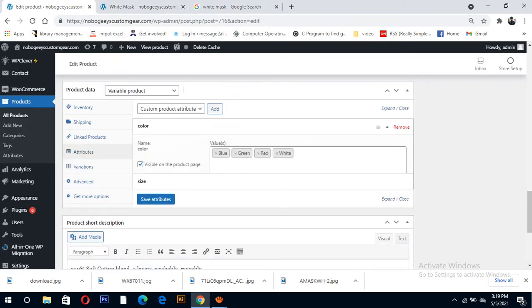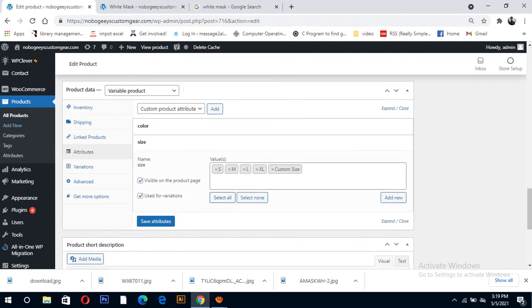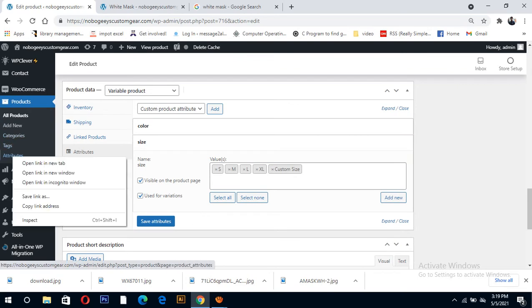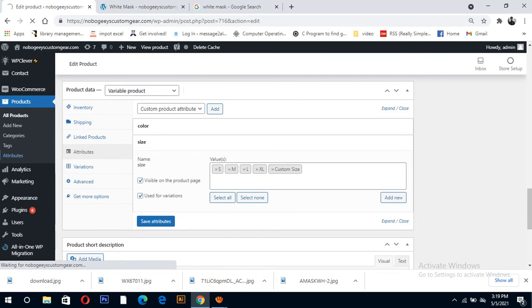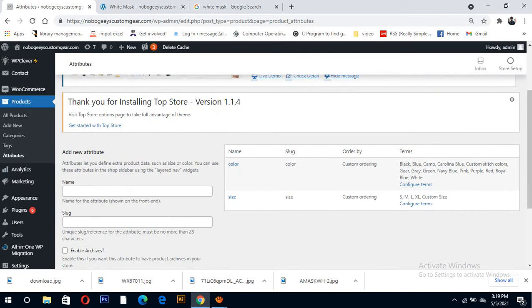And now I can show you how to add attributes, more sizes. So for this you go to attributes. Here, if you want to add other attributes like color, size, you can add color.